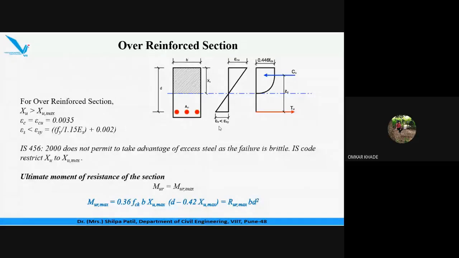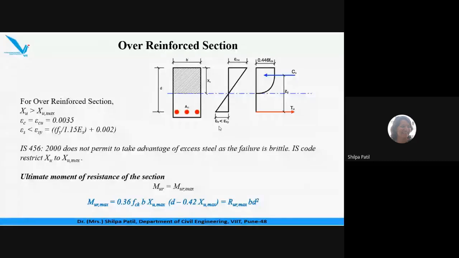Ma'am, if we use it, it will give us excess advantage of the steel and we will get more strength of our structure, and therefore it is not advisable to use it. Correct. It will not give the true